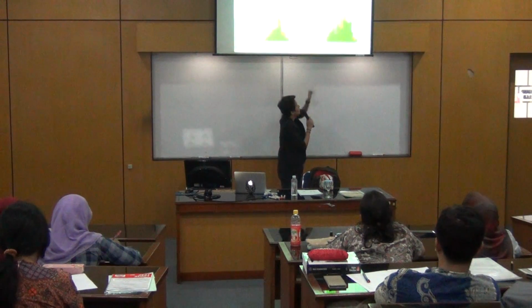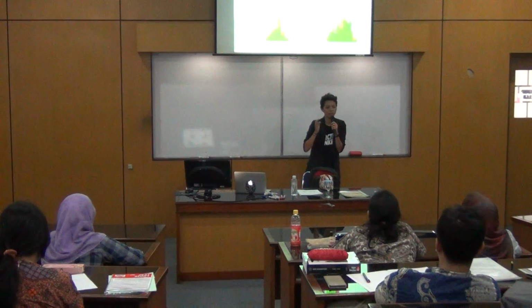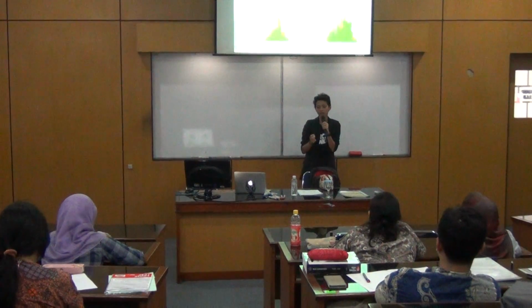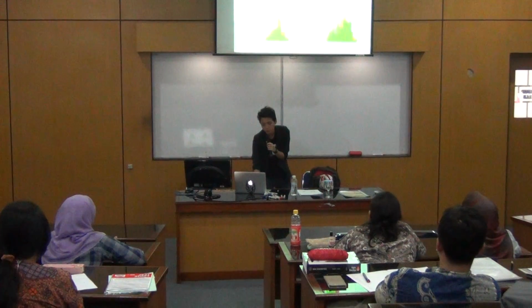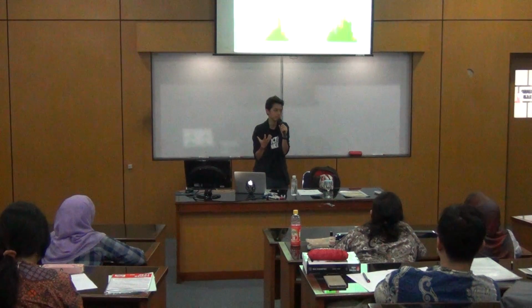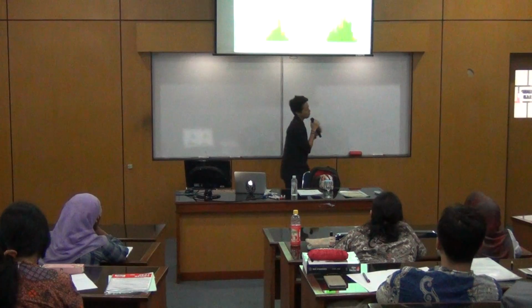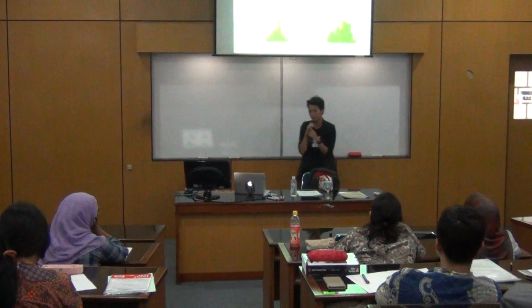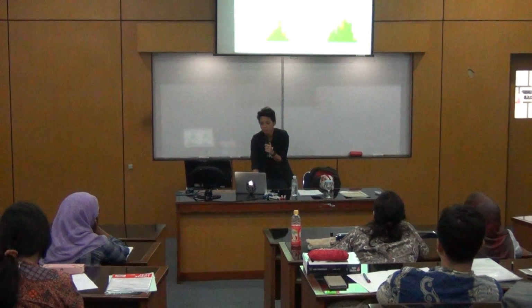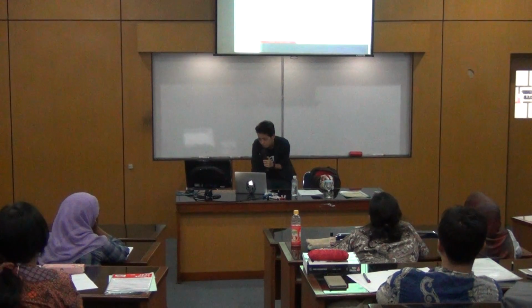So you can see that the one with the discounting actually shifts the distributions to the right. This is just a very simple simulation of fiscal multipliers. So the message that we're trying to say here is that whether you use 1, 2, 3, or 4,